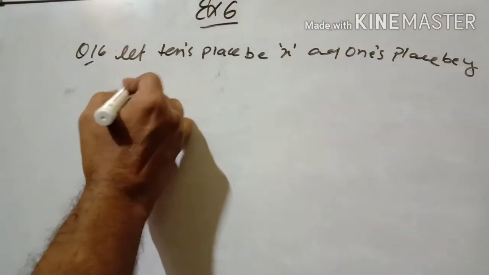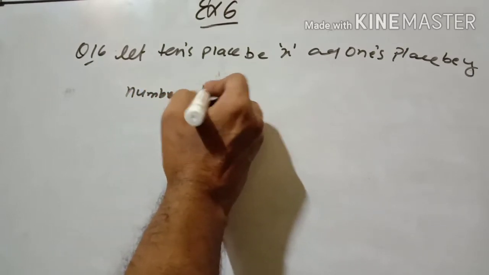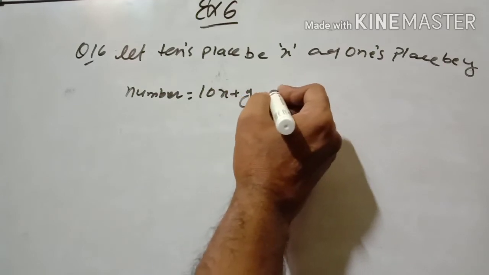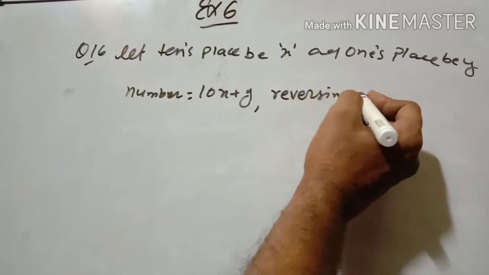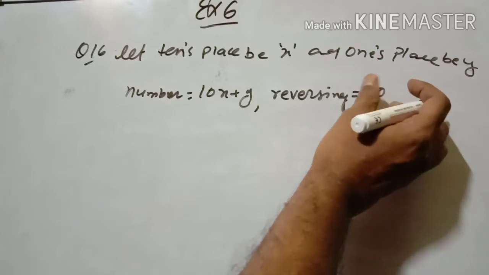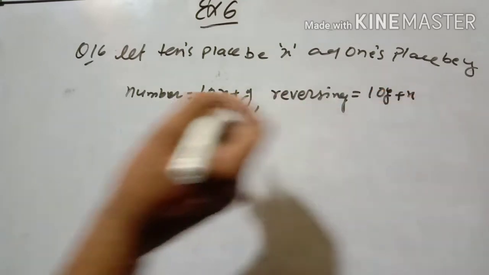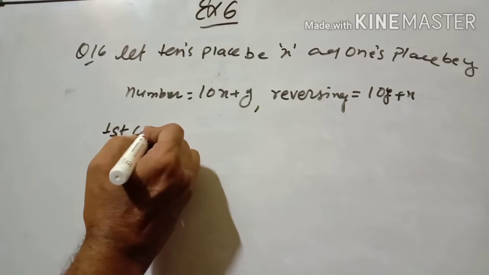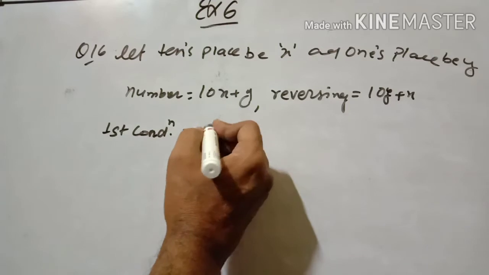So therefore the number is equal to what? The number is equal to 10x plus y. If you are reversing, the number will be 10y plus x. 10y plus x. First condition, it is given that